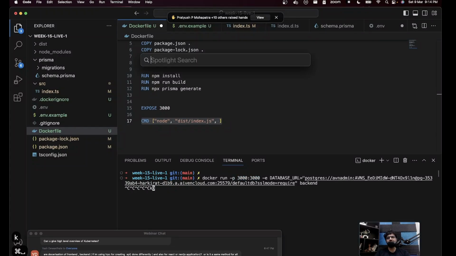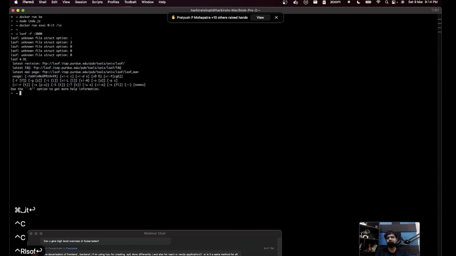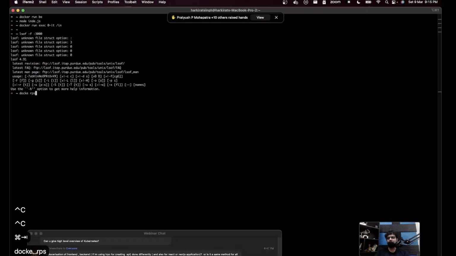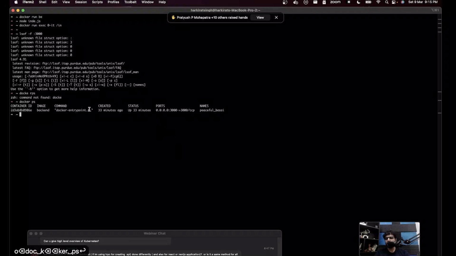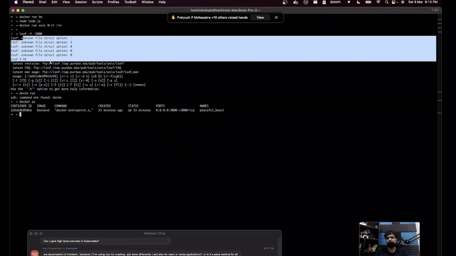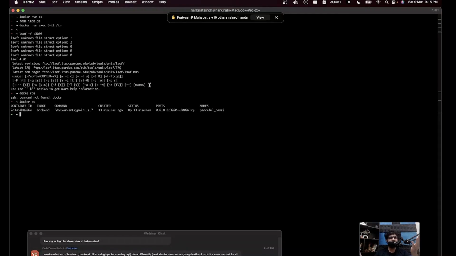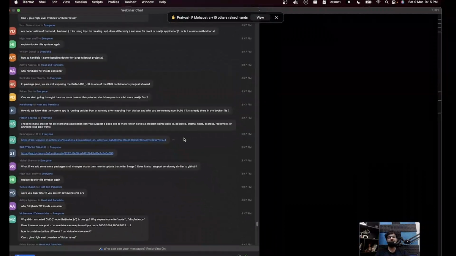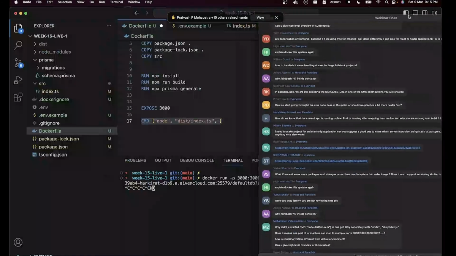And lastly, you can always run commands on your Mac machine to check what is running on a certain port. For example, if you run lsof -i :3000, it basically tells me nothing is running. Something should be running here. Maybe I'm just not able to read the output, but you get the idea. There's a very easy way to find out if something is running on your Mac machine, and whether or not something is running in the container depends on your application logic and what you're starting over here.